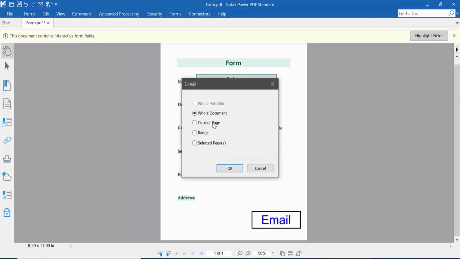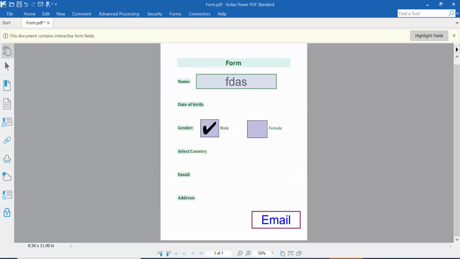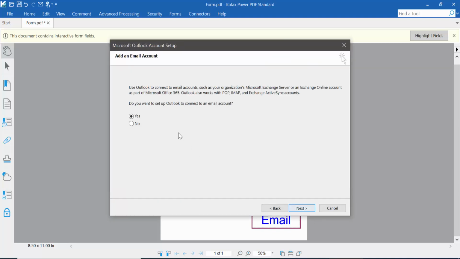whole document, current page, range and page option, whole document. Okay, you need to create a Microsoft Outlook profile in Microsoft Windows. Now click OK and next. Yes,